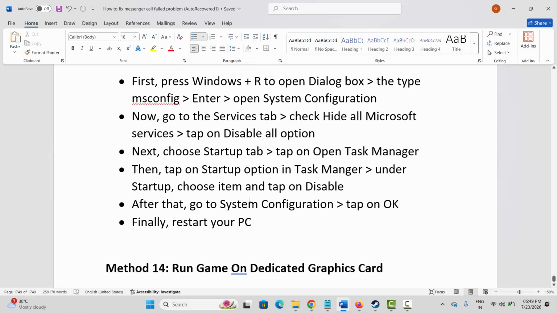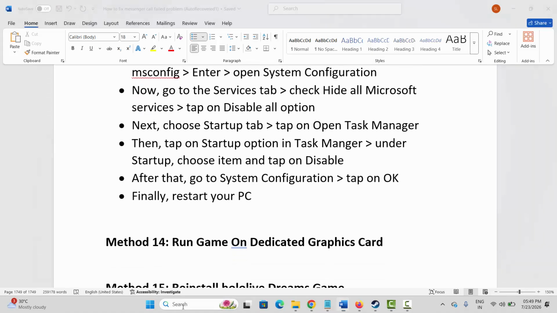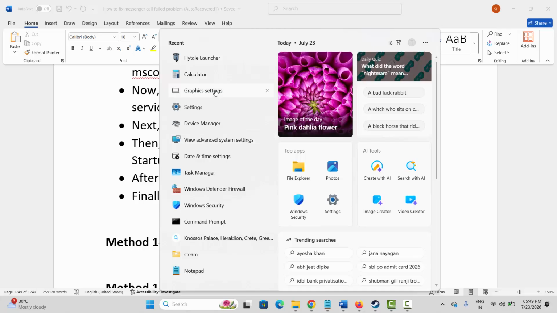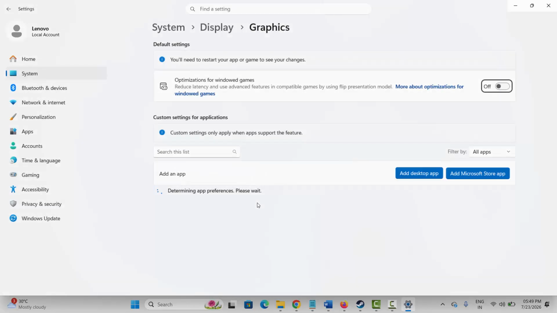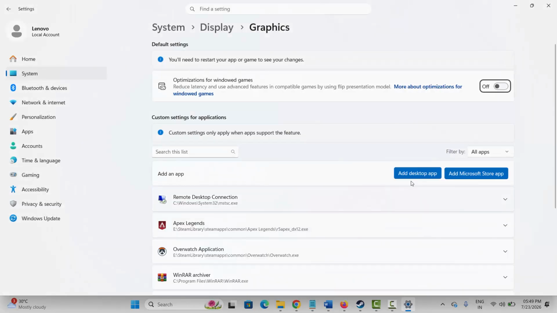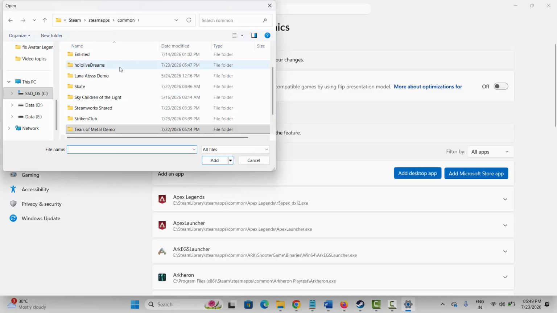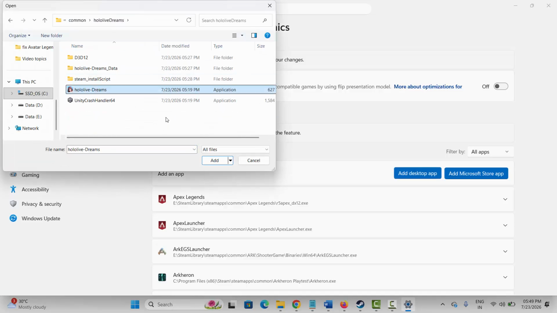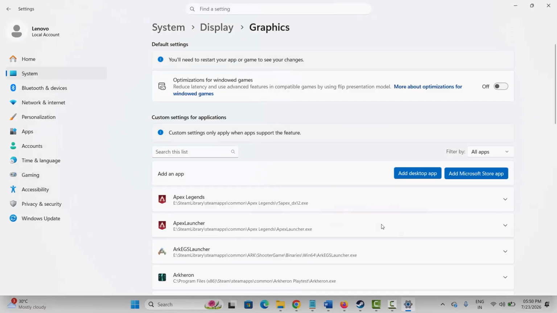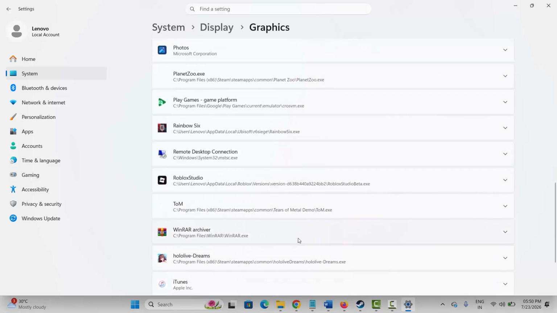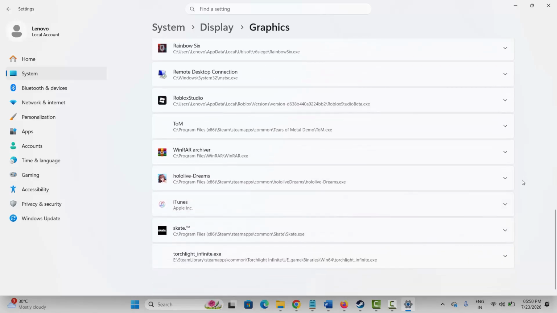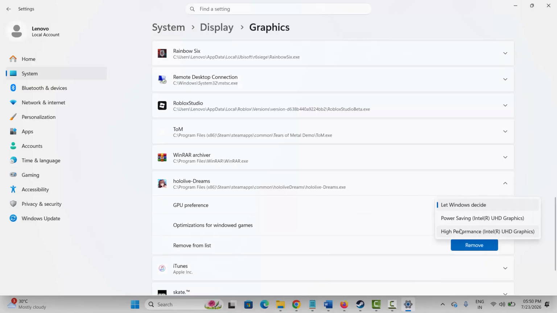If not, next is to run the game on the dedicated graphics card. For that go to the search option, search for graphics settings. Now here you have to add your game to the list. For that click on add a desktop app. After that you have to go to the game folder where your game has been installed. From here you have to select the application and add it to the list over here. Now once you add the game to the list, click on the arrow icon. Under GPU preference you have to select high performance,